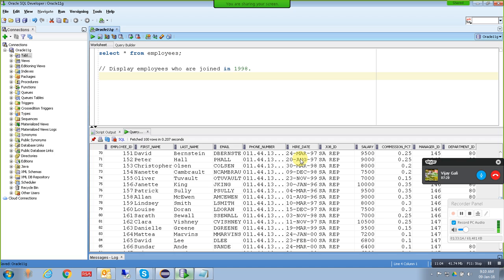So now write like this: select star from employees. This is very important. Select star from employees, where here we need to specify the condition. What is our condition? The employee should have joined in the year 1998. So how will we get 1998 from this particular date? Again I need to use the to_char function. So where to_char of hire_date,